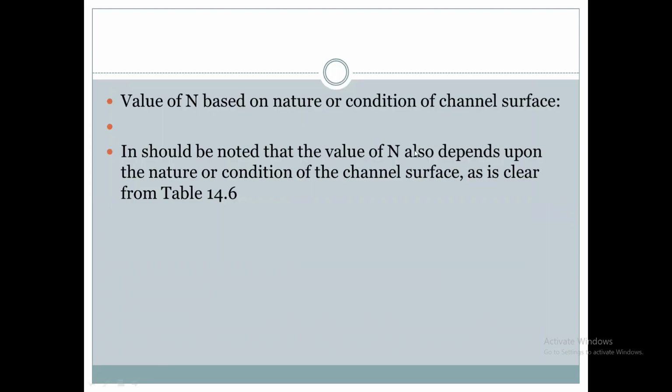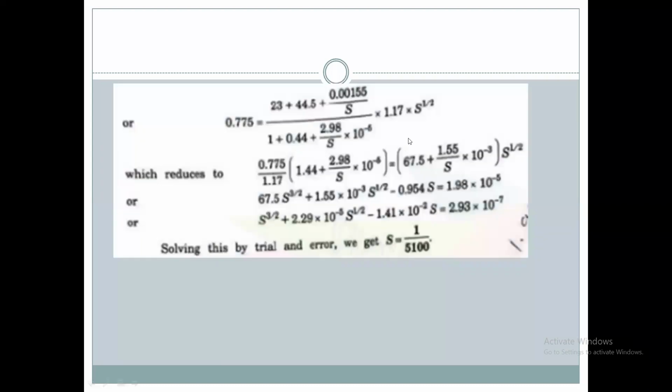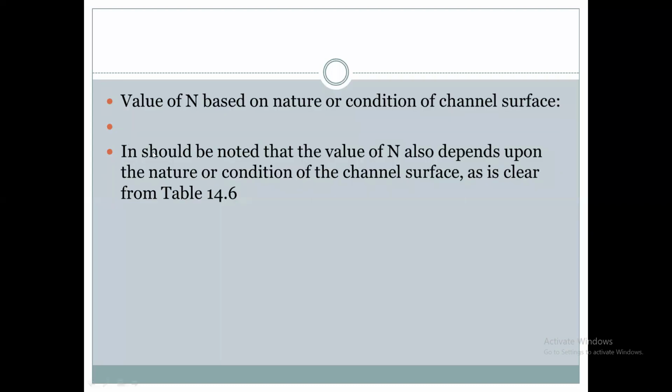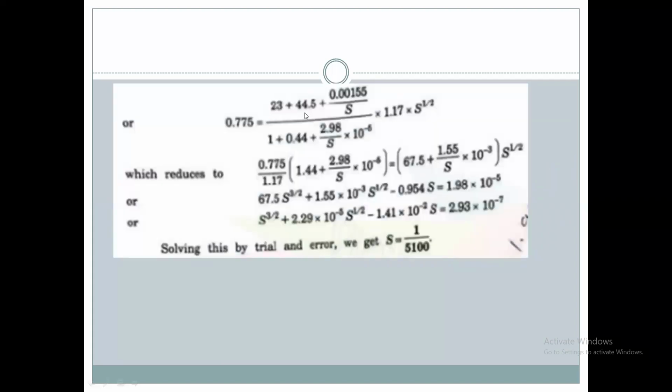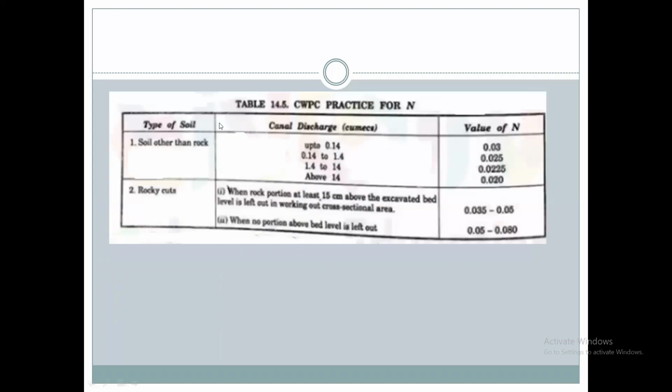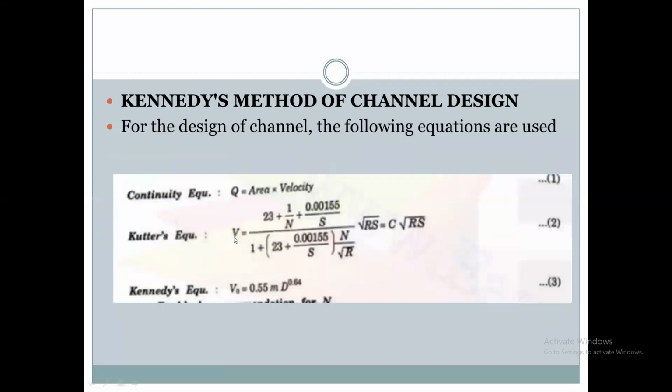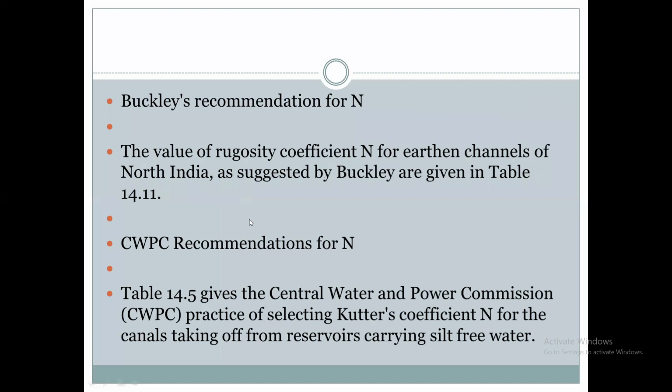The value of n depends upon the nature or condition of the channel surface. The value of n is taken from this table, and in this equation the slope is calculated. In Cutter's equation, the value of e is taken